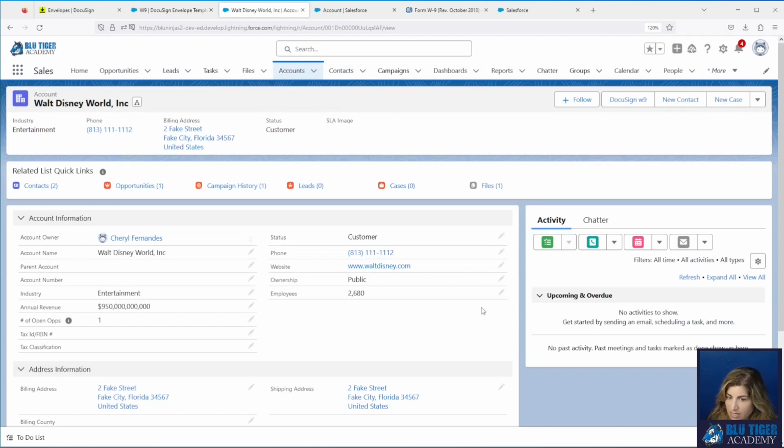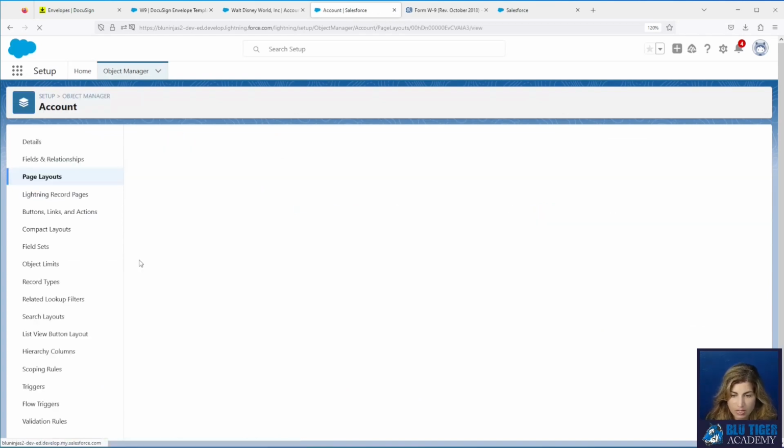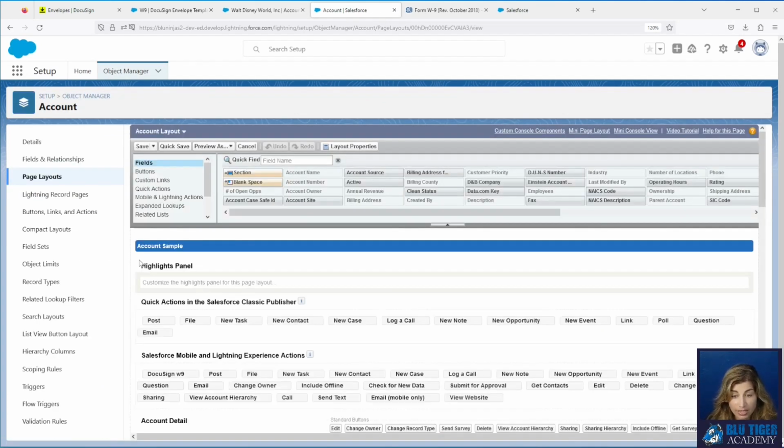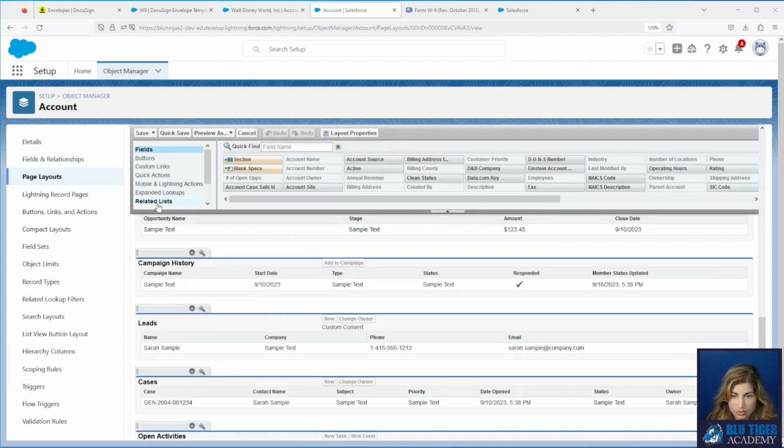Now we can't see that the DocuSign envelope was sent out for signature. We're gonna add the DocuSign status related list to the account layout. Come down here, we'll go to related lists.